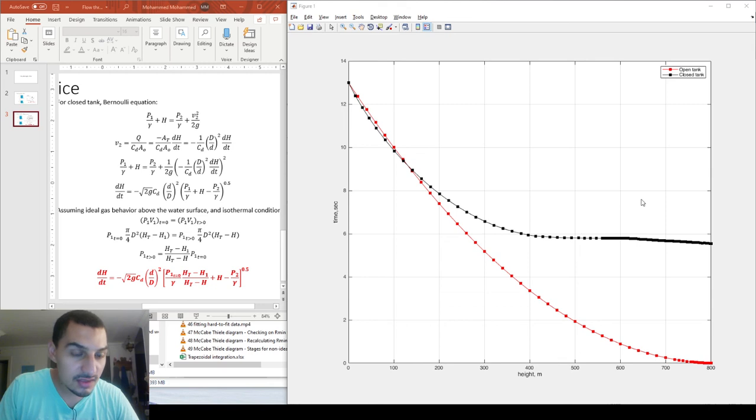And then the second thing is that the final height is getting lower. It's almost 6, and in the previous case it was 7.5. So it's almost 2 meters or less than 2 meters difference in the final height of the float. So it's a very good exercise to do,